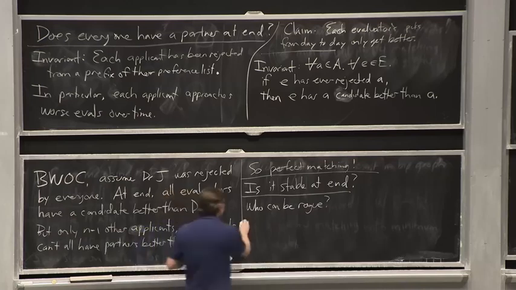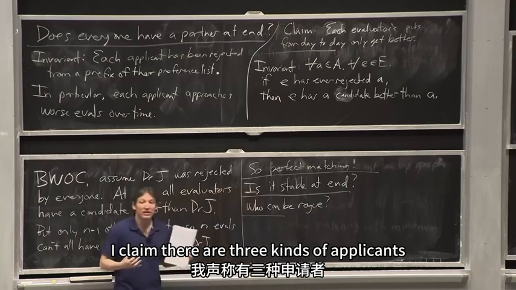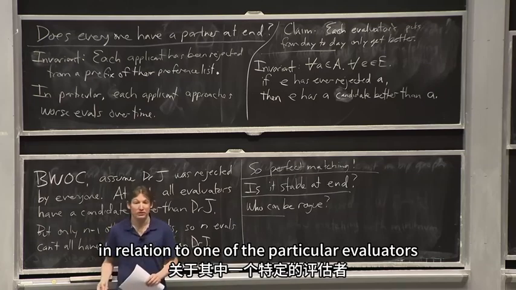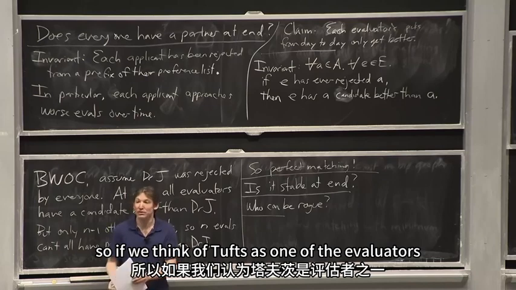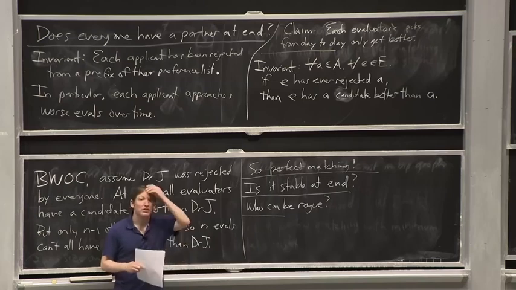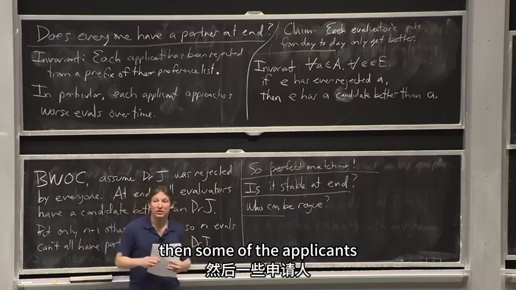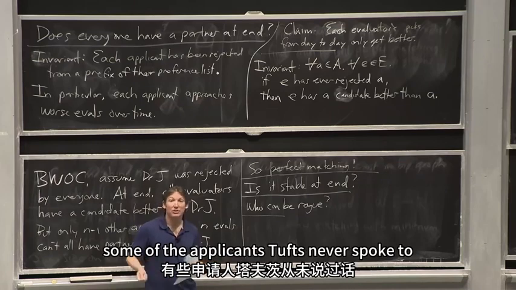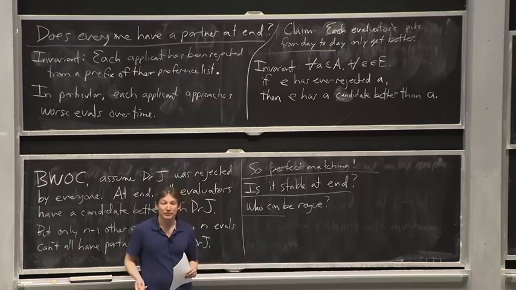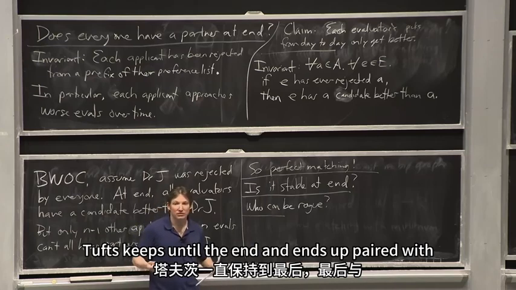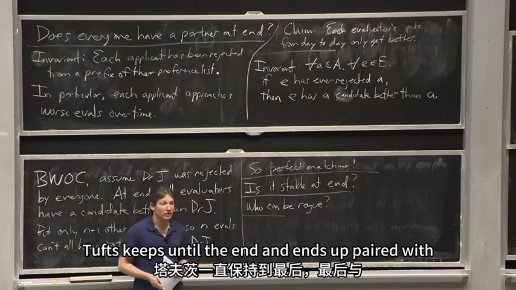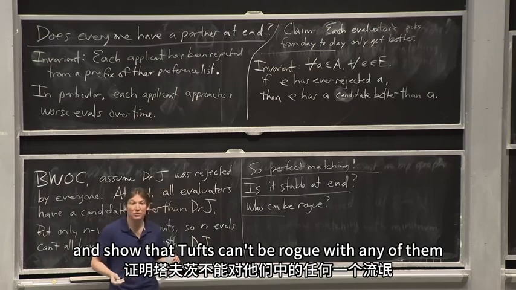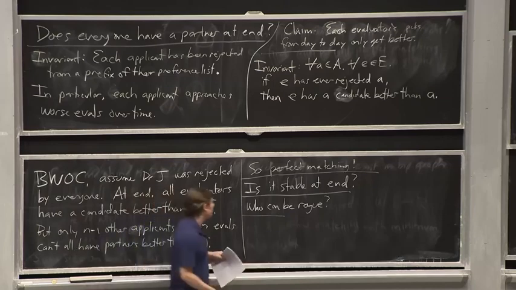Well, I claim there are three kinds of applicants in relation to one of the particular evaluators. So if we think of Tufts as one of the evaluators, Tufts Medical Center, then some of the applicants Tufts rejected at some point in the algorithm. Some of the applicants Tufts never spoke to. And then one applicant Tufts keeps until the end and ends up paired with. So let's consider each of those three kinds of pairings and show that Tufts can't be rogue with any of them. So let's assume